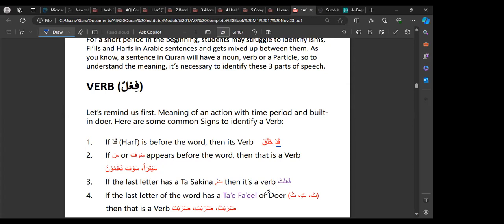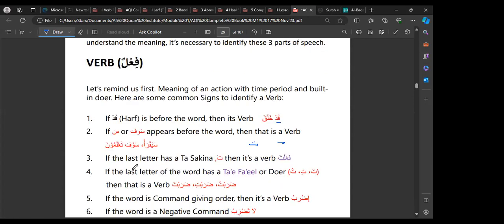So that is the feminine letter, the sign of the feminine, that is for nouns. And in Arabic, we have the ta sakina. So you have the word fa'ala, and then you have fa'alat. So whether it's T or ta or tu or at, this ta sakina is a sign for a verb, and it will be at the end of the verb, same as the ta marbuta for the noun.